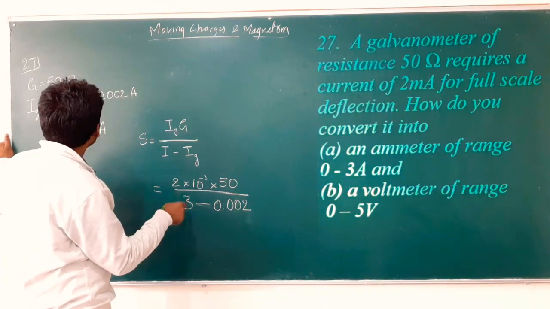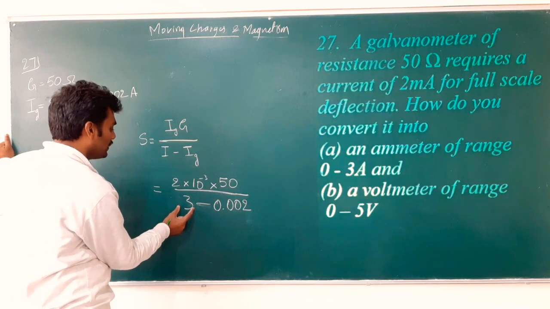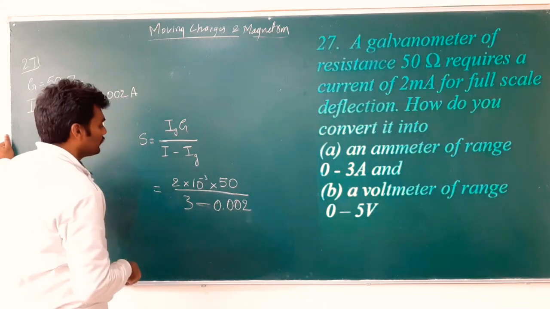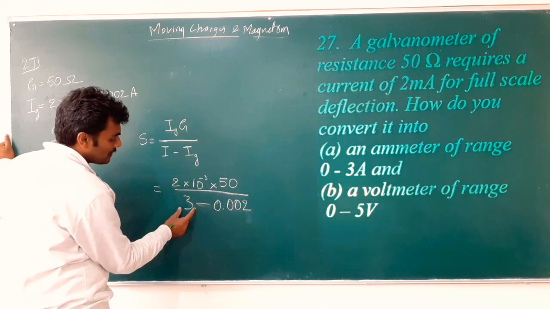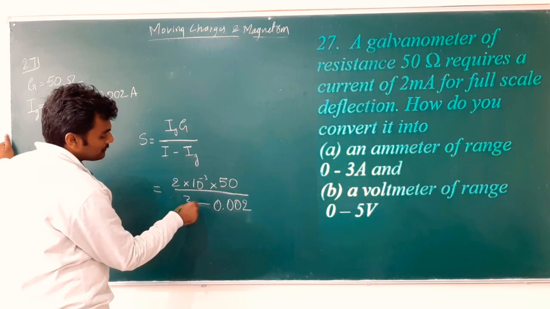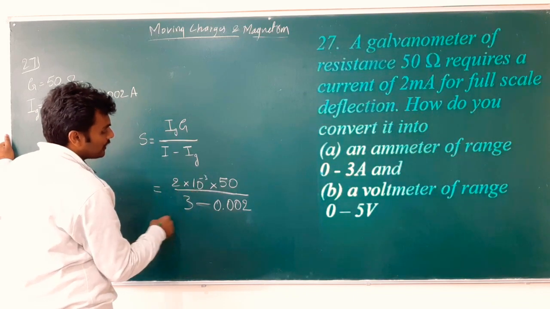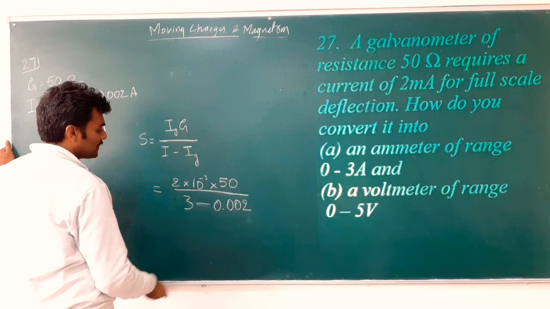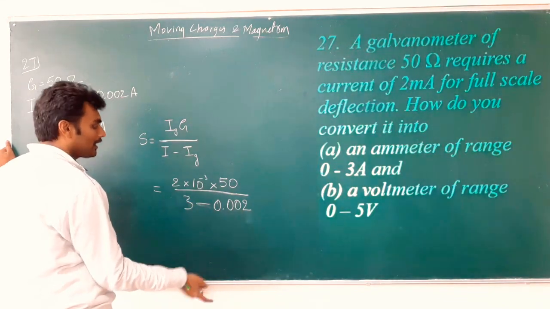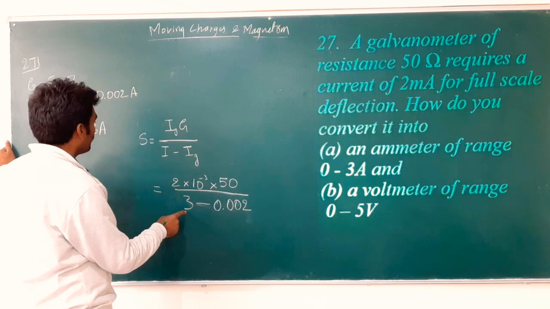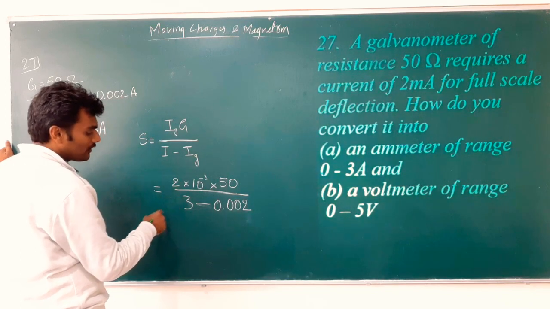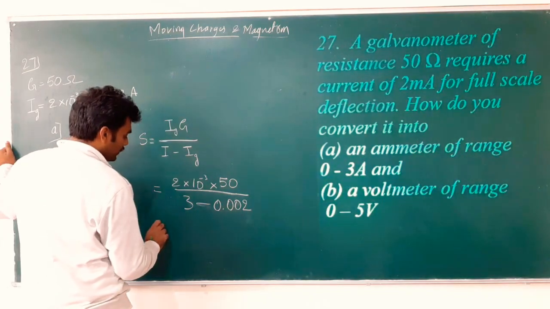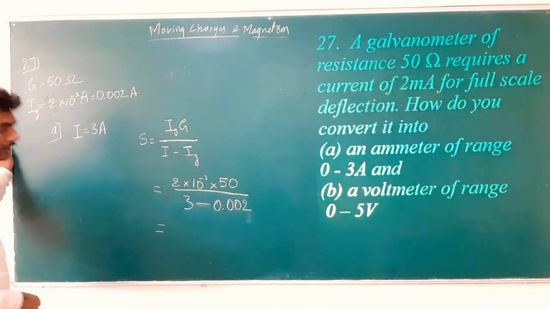If you had something like 3 into 10 to the power of 3 minus 3 with this term also, then you could have taken 10 to the power of minus 3 as common and obtained the value. But now it is a different case. This 3 does not have any power with it, but the value 2, Ig, has 10 to the power of minus 3 with it. So either remove the power or add the power to 3 also. How do you do that? You make this 3 as 3000 into 10 to the power of minus 3. Okay, that is also fine. So those are the two ways. I can go with either one.